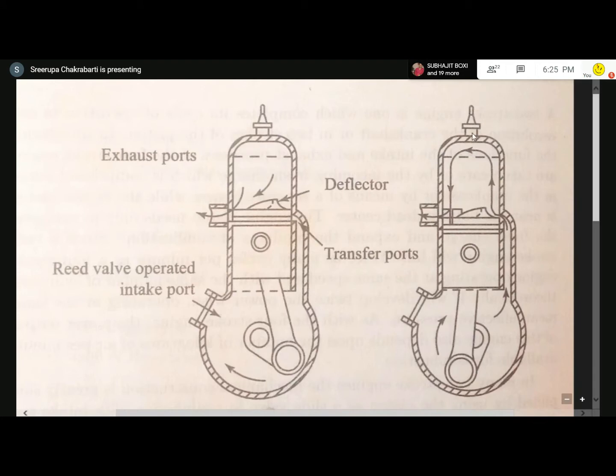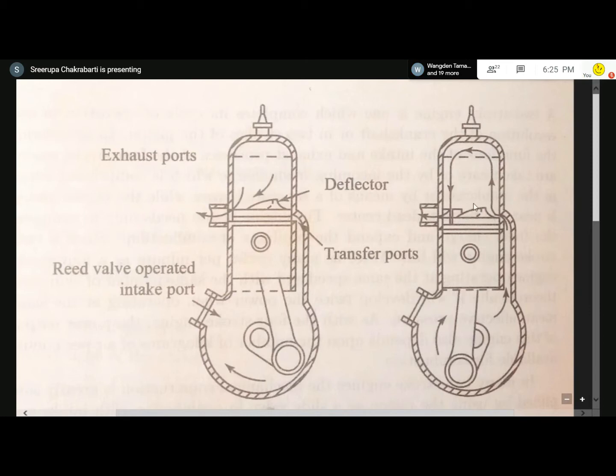Then the spark is initiated, and that will allow the gas to have a sudden kick of energy in the form of combustion of the fuel, and it will expand. When it expands, it pushes the piston down. So that is the thing. First we started from here, the piston has moved upward. Now the piston is coming down. As it is coming down, the piston will clear this opening and this opening. Both these openings it will clear.